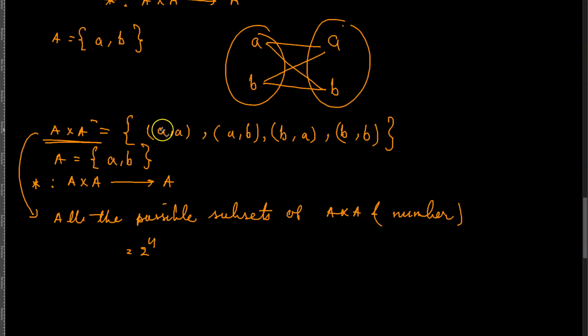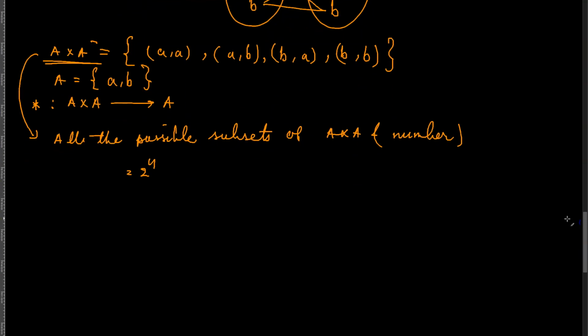All the possible subsets of this set would be 2 raised to the power 4, and 4 is the number of elements that this set has. So you can say that, for example, let's say that